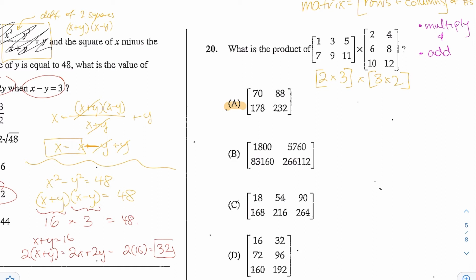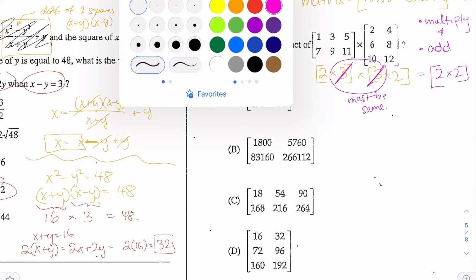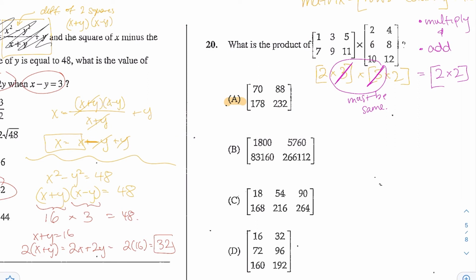And a 2 by 3 crossed with 3 by 2, the middle two numbers actually cancel out, and the resulting matrix will be a 2 by 2. So you can't always multiply all matrices. You can only multiply them if the middle two numbers here are equal. They must be the same. And the reason they have to be the same is that you don't want to run out of numbers. So to multiply this matrix, what you do is you read this across: 1, 3, and 5,